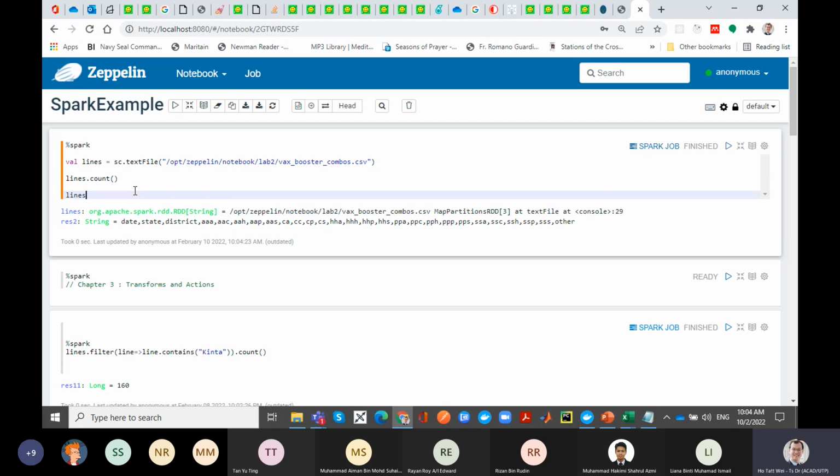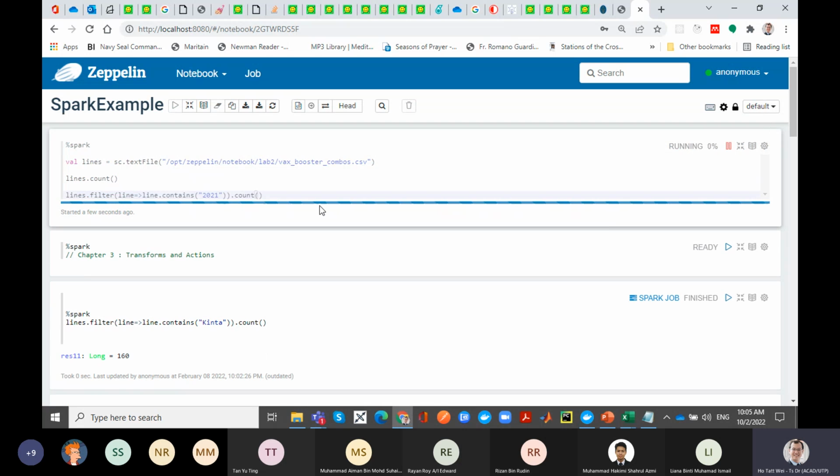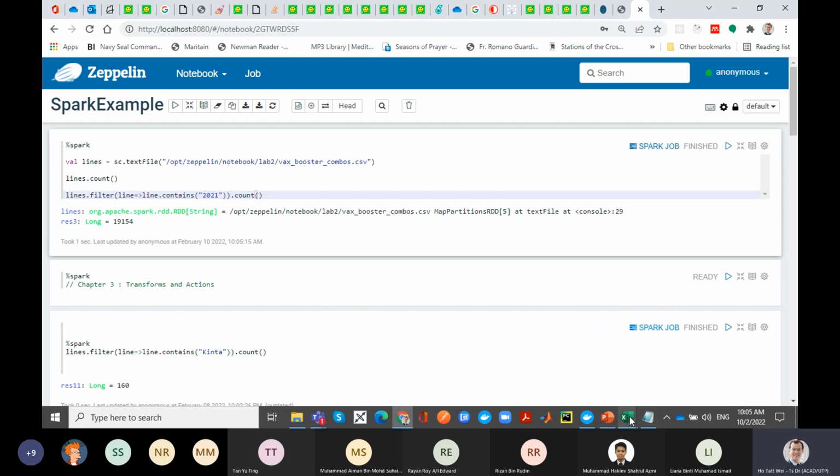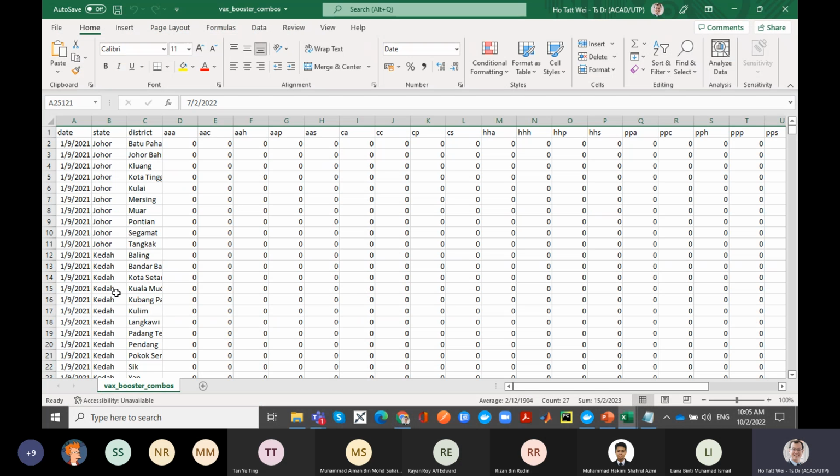So what I can do is perform a filter operation on the lines, so that for each line, I only retain the line that contains the word 2021. And then I count how many lines there are. I can do that. So let me do that. So there are 19,154 entries for 2021,